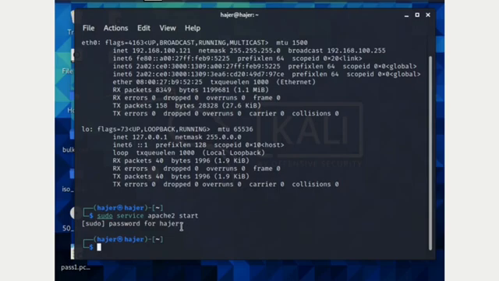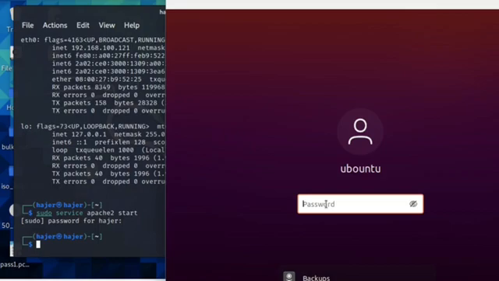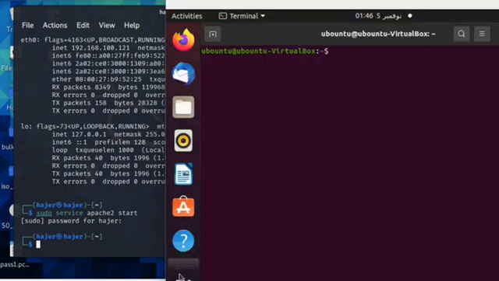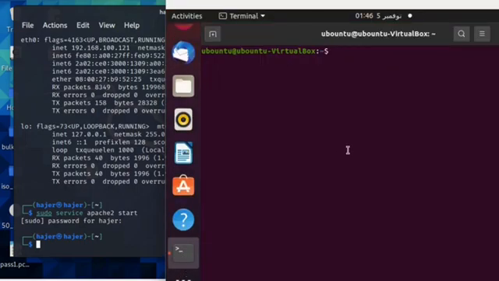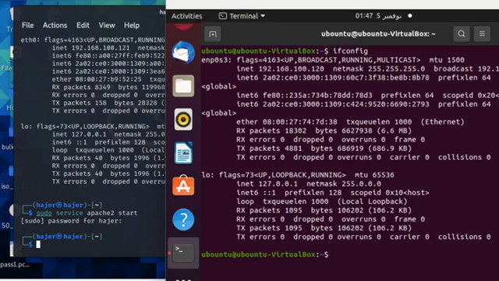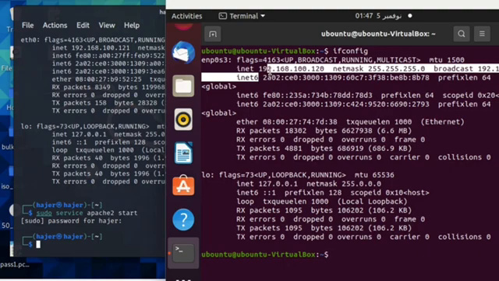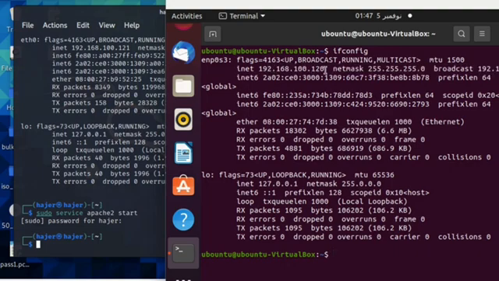and after that I will open the victim machine. The victim machine here is Ubuntu, so I will open the other machine. I will get the IP address of this machine as the first step. Here the IP address is 192.168.100.120, and